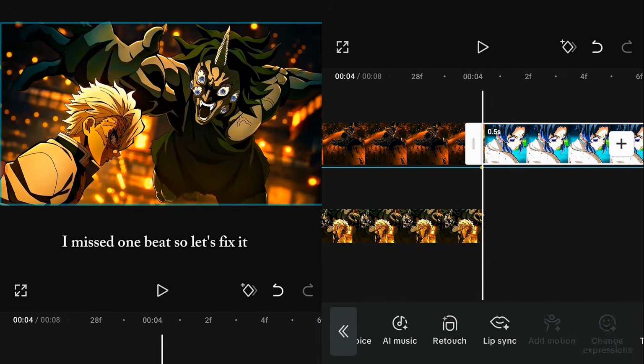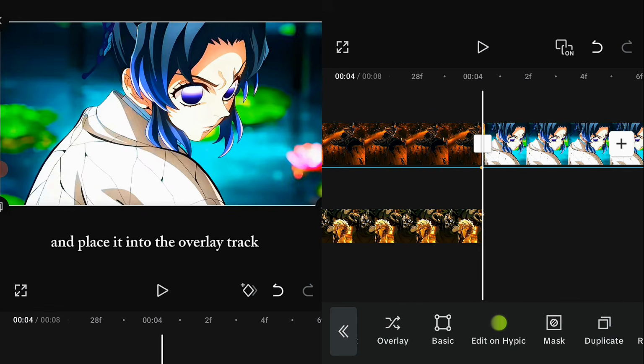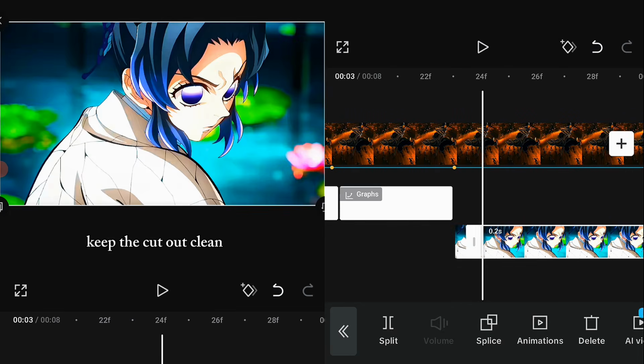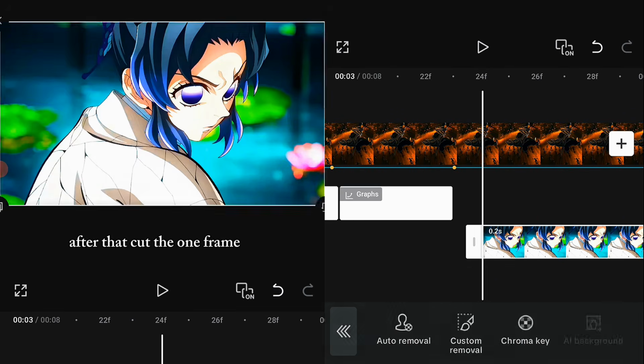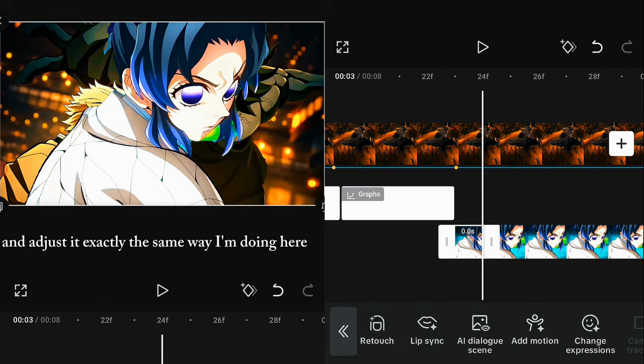I missed one beat, so let's fix it now. First, freeze the front part of the clip and place it into the overlay track. Now cut out the character from that freeze frame. Keep the cutout clean. After that, cut the one frame, select that frame, and adjust it exactly the same way